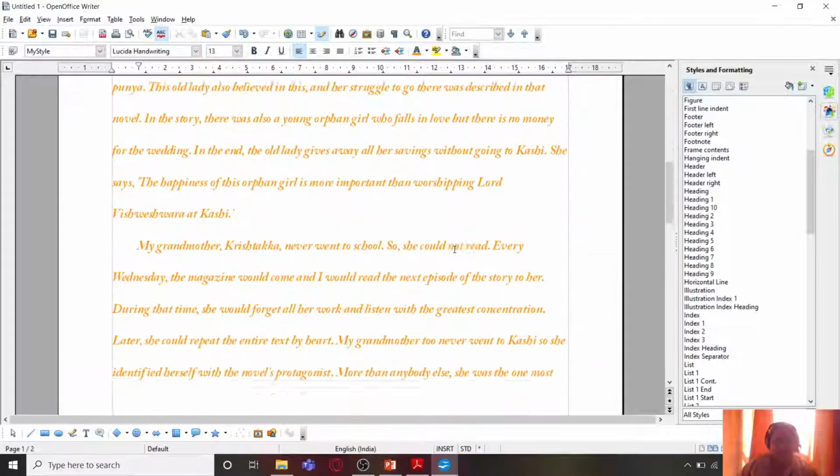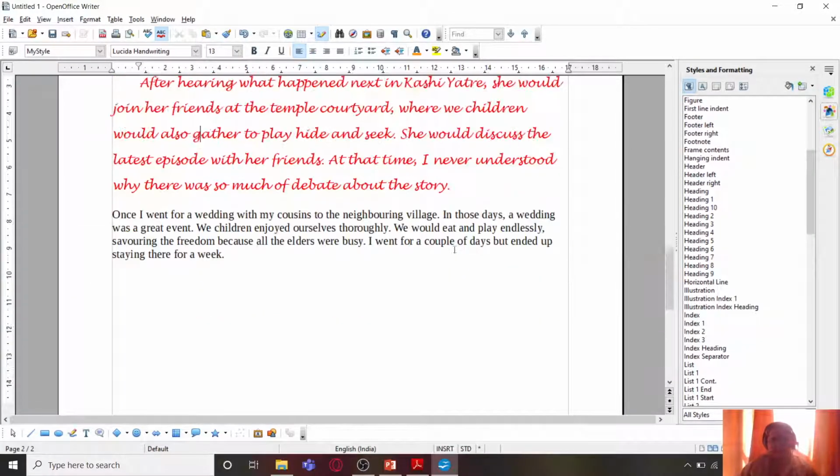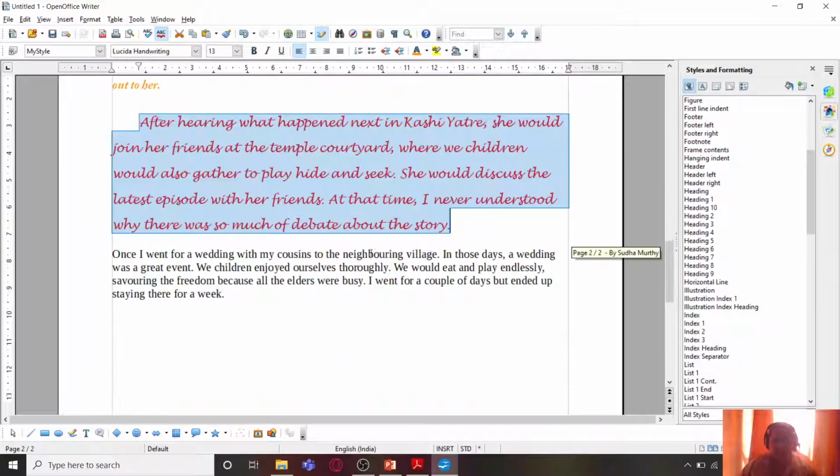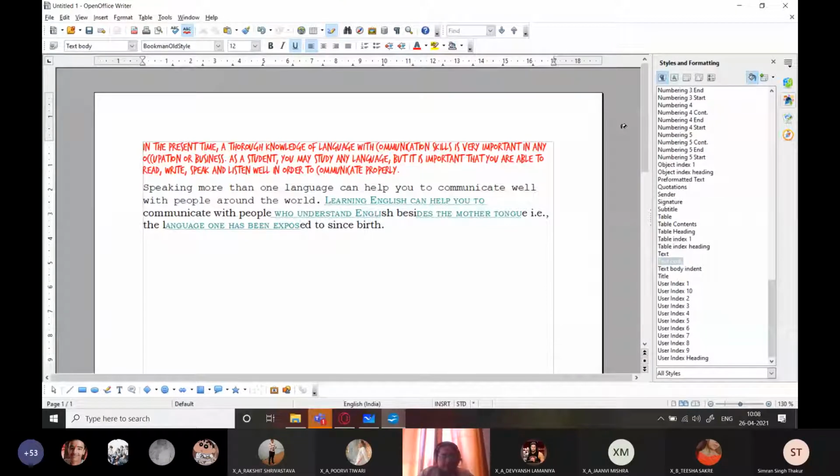And dragging and dropping also works in the same way. Just apply your necessary style, make the settings, and drag and drop it over here, and it will work in the same way. So you can try it out on your own, right? Then let us move on to MS Office now.